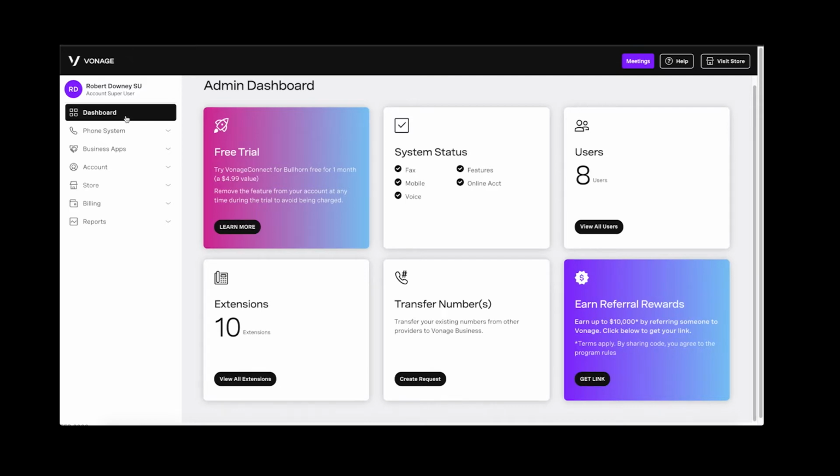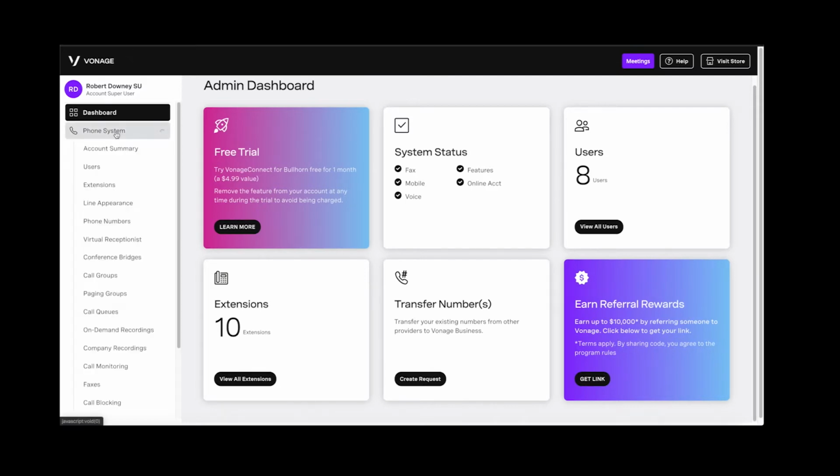From inside the administrative UI, click on Phone System and Call Queues. If you don't have call queues applied to your system at this point, you will be presented with a splash screen in the center asking you to purchase a call queue. The great news is Vonage Business Communications only charges for the queue and any hold time. It does not charge for individual agent or supervisor licensing, so it's very cost effective.